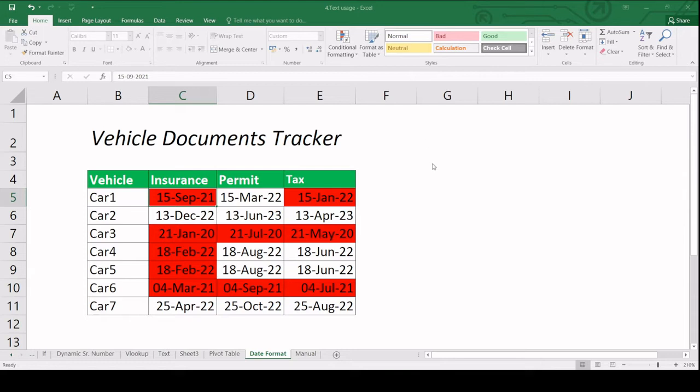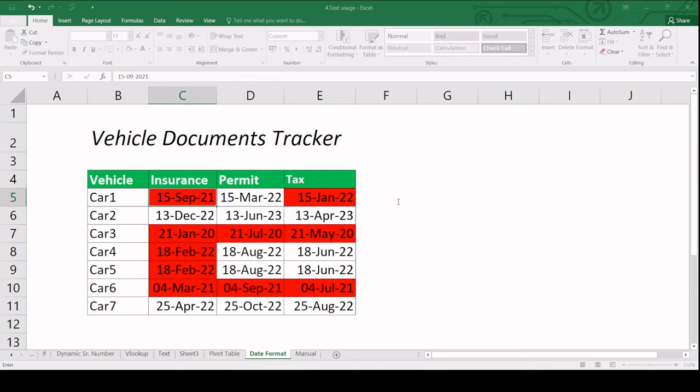We are going to use the simple formula method: use a formula to determine which cells to format. I selected the first cell, so the formula is always equal to C5. You want to format whichever dates are